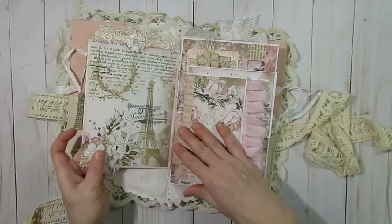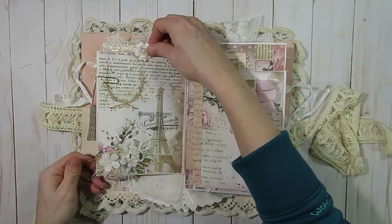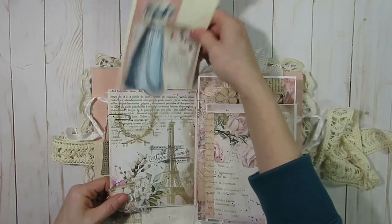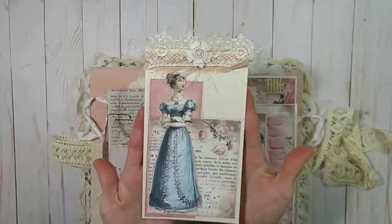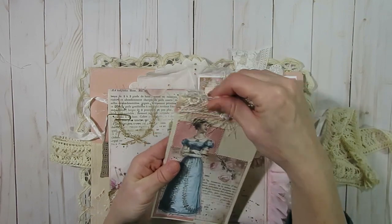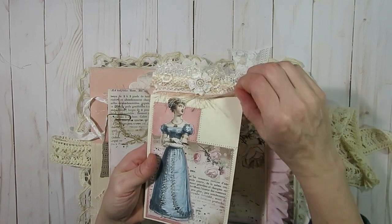And then when you flip this one over, I have some little paper clusters there again with some laces and trim and some paper underneath it. And this one does have a journal card that you pull out. And I did some collaging on that. And the top for my tab, I just use a little snippet cluster that I created from some different laces and trims, and then some fabric